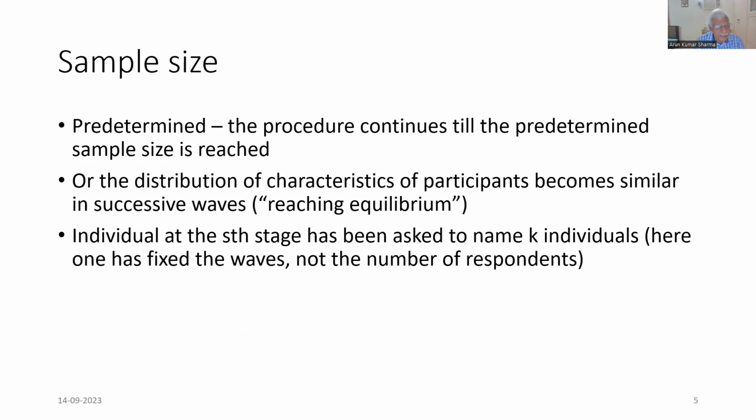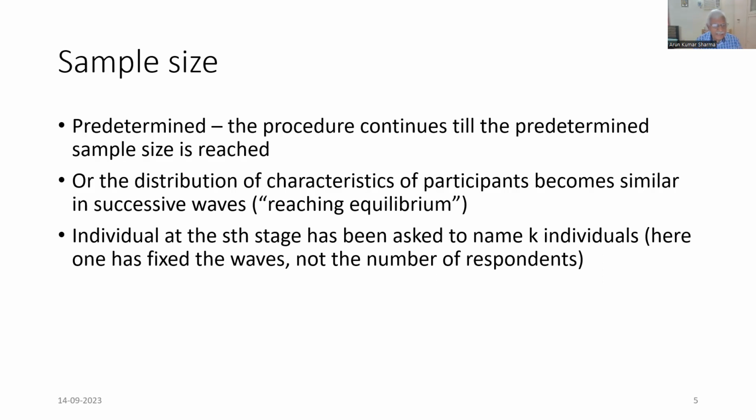One question that you may ask if you are using snowball sampling: what is the sample size? Now, sample size may be predetermined. You may say that I will collect data from 350 respondents of this type, and the procedure continues till the predetermined sample size is reached. Or the distribution of characteristics of participants becomes similar in successive waves, which means that you are not getting new results. Suppose you are interested in something